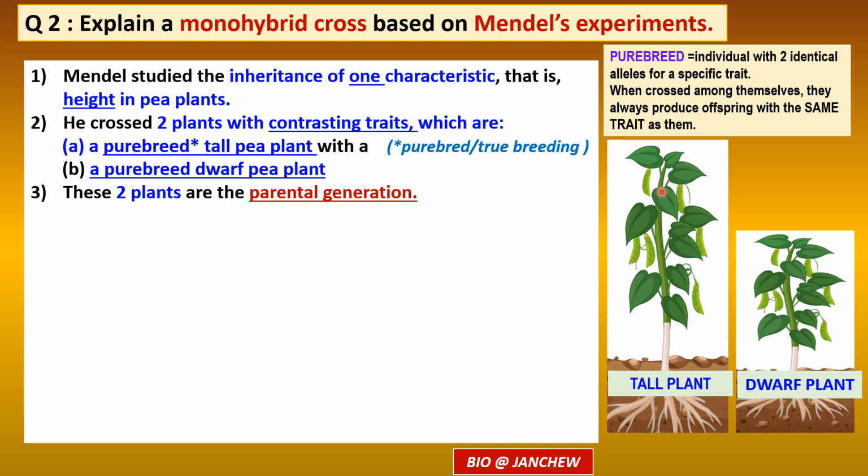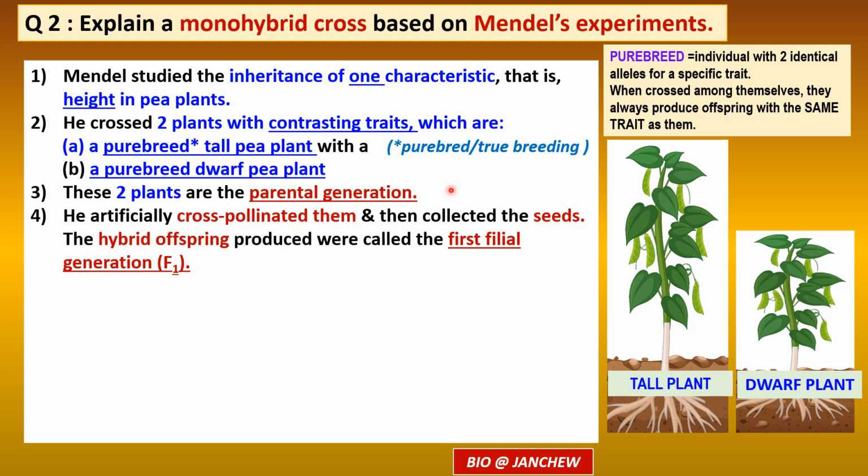They always produce the same type of plants as the parents themselves. Okay, so don't worry about that because we'll be talking more about pure breed later on. Now, he artificially cross-pollinated the pure breed tall pea plant with the pure breed dwarf pea plant and then